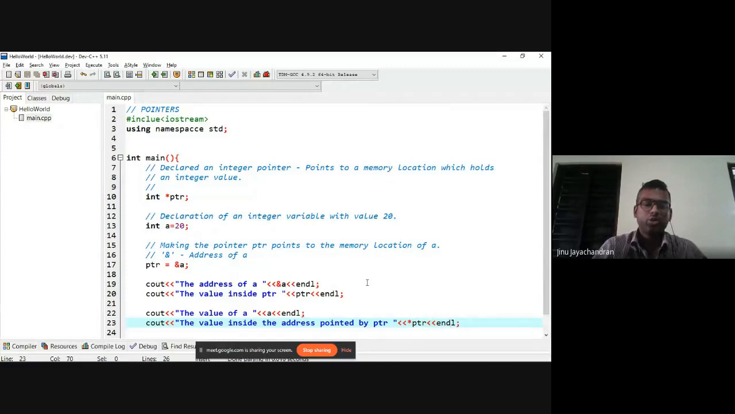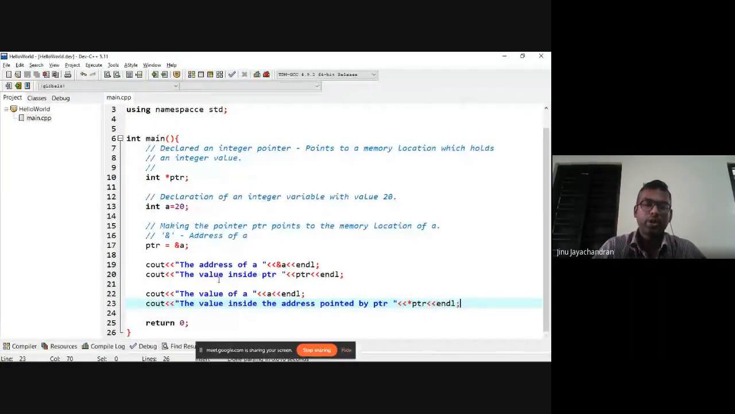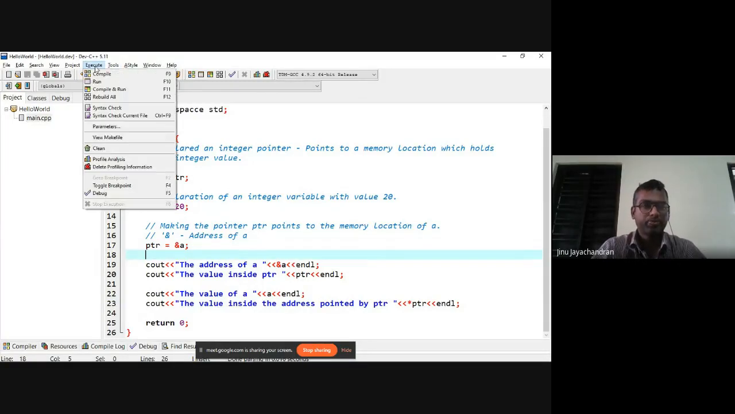Fine. So what we did, we are going to print out the address of a. We're going to print out the value inside ptr, because we have assigned ptr equal to ampersand a. Then we are going to find out the value of a. We have assigned a equal to 20, so you should get 20 here. Then we print the value inside the address pointed by ptr. ptr is pointing to the address of a, so what is the value inside that address? So if I just compile,